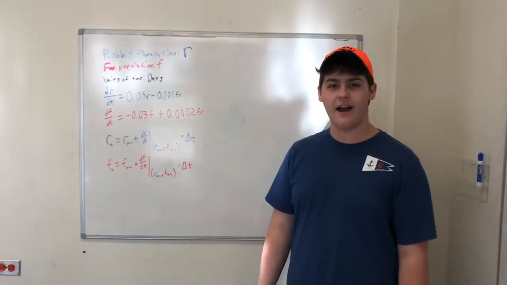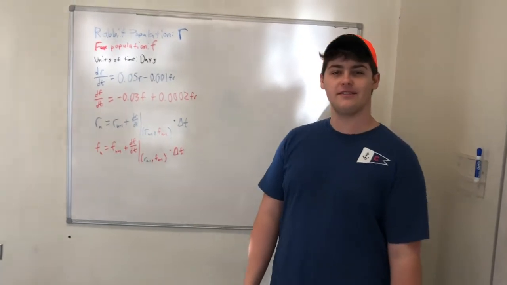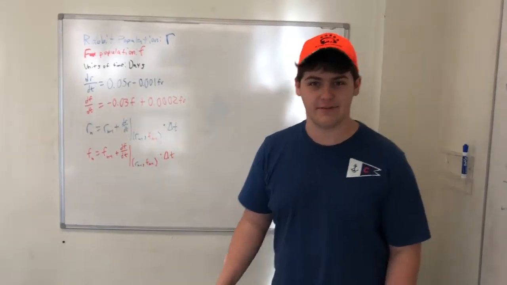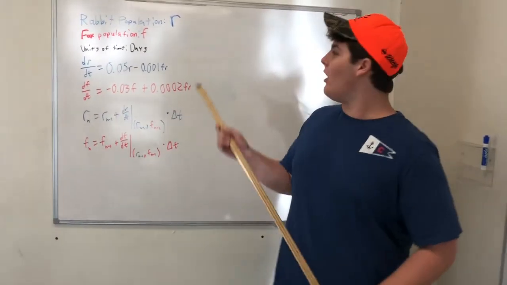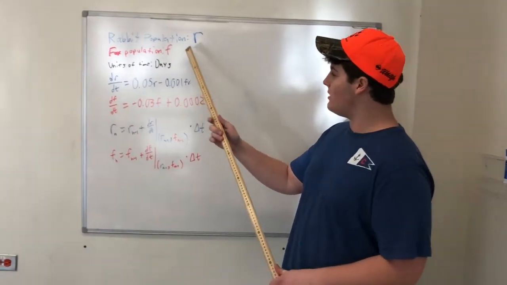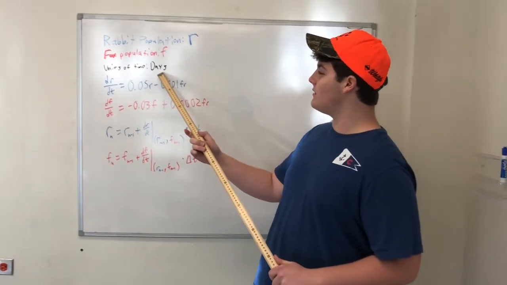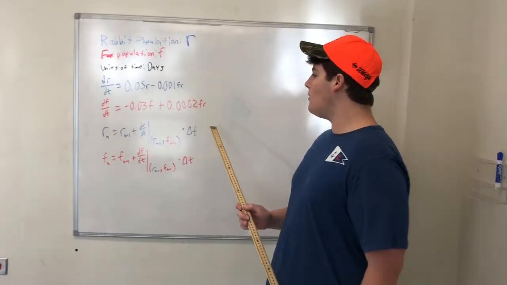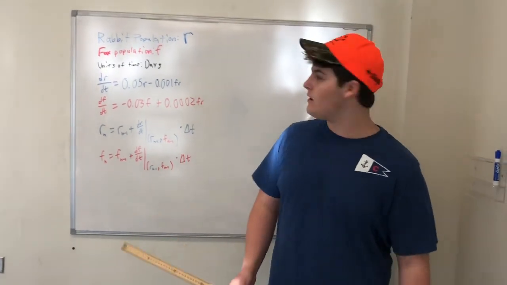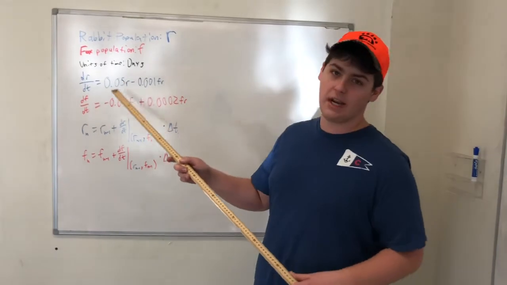Yeah. Hi, I'm Hunter, professional rabbit hunter. I'm going to show you some of the calculations that we've done for this investigation. So, our rabbit population in our equations is represented by R and the fox population by F, respectively. We decided the unit of time we would consider is days. Based off of our initial conditions, we made differential equations that describe the rate of change of the populations